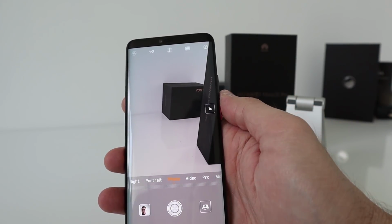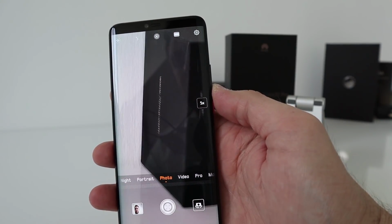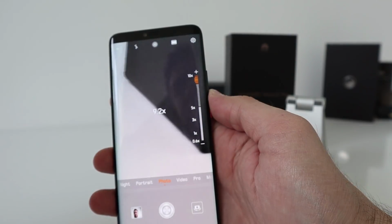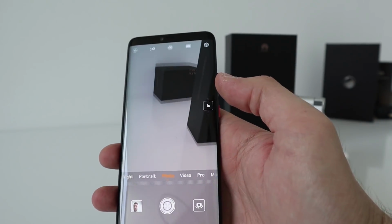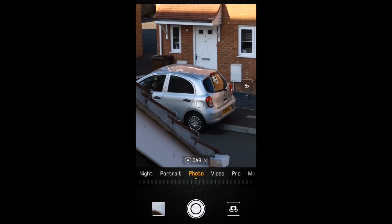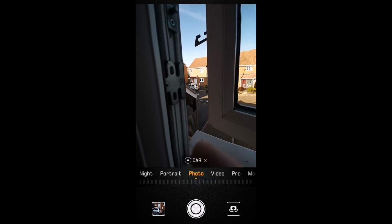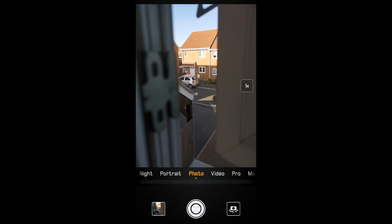And on the telephoto lens, this gives you up to 5 times optical zoom. Anything above that is then done digitally, up to 10 times. So you're going to get less quality there. But what I've found is it works very, very well up to 5 times distance. Here, outside of my bathroom window, I took a shot 5 times to the car, reduced it down to 1 times,